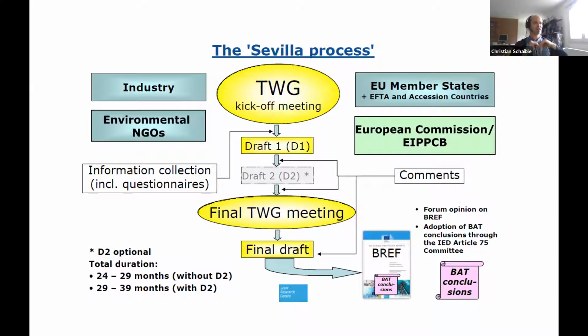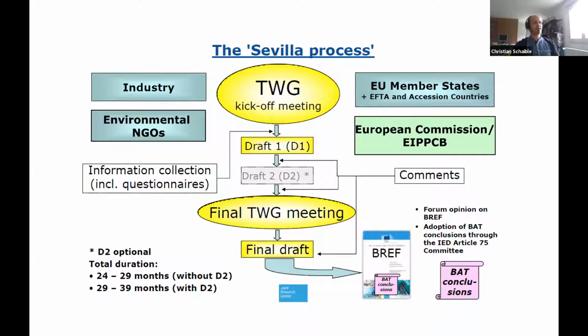You don't need the full kind of data sets of all the plants you can imagine in Europe. You just need the best performer plants, or on different pollutants, maybe it's relevant, or on consumption aspects, it's relevant. So this is where the member states come in. They have to decide what is a good performer plant and how will I check also the data being brought to the Sevilla process.